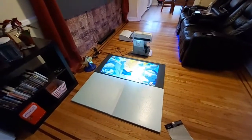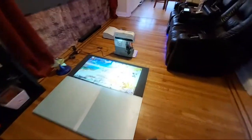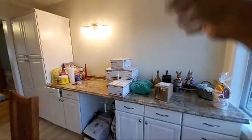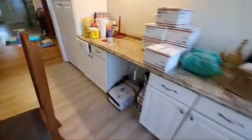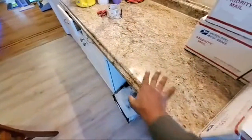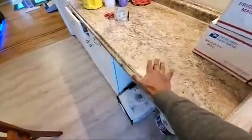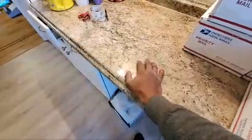One of the things I saw that was pretty cool, I'm thinking about doing for the kitchen, is I'm getting an ultra short throw. I'm getting a little Pico screen in here, right? She doesn't want to put a TV in here. She wants a screen. She wants it right here, where she can sit down and work in the kitchen. She can look at her cooking shows. Because we want something that's going to match the countertop, I'm going to go over to Home Depot, and they have this kind of thin plastic sample top that matches this. I'm actually going to take that screen, because she doesn't want it big. She just wants a nice little small one in there. That's all she wants. Where I'm going to take the granite top,